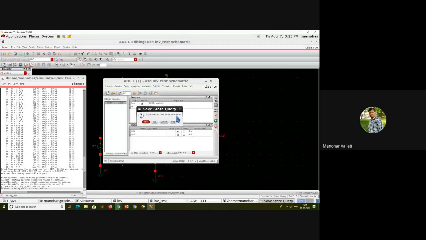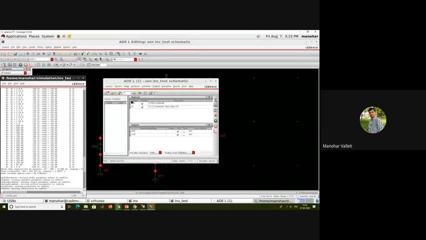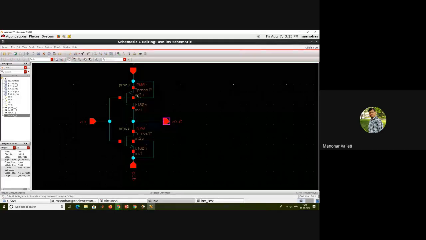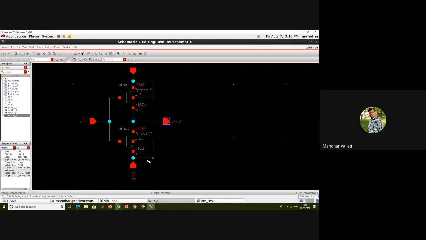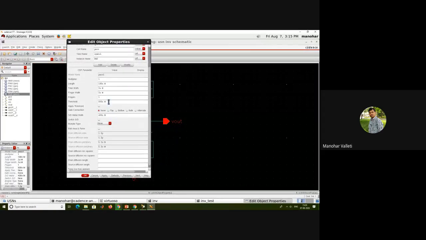So do you want to save the current state? Say yes. Click OK. Save the current state so that you don't need to again and again give this. Your design changes you cannot do in here. You can do only here. And please observe, length will be 180 nanometer, but width has to be different, right? So if NMOS width is 2 micro, my PMOS width has to be more than 2 micro, that is 4 micro.